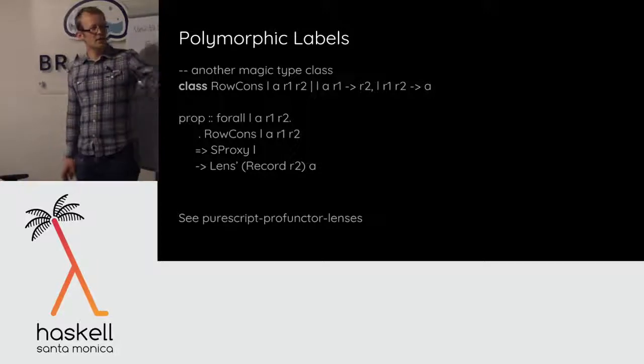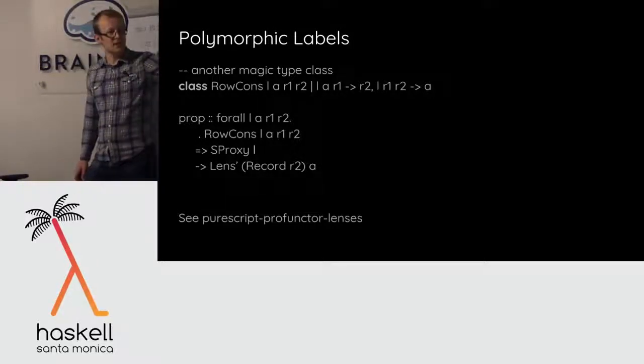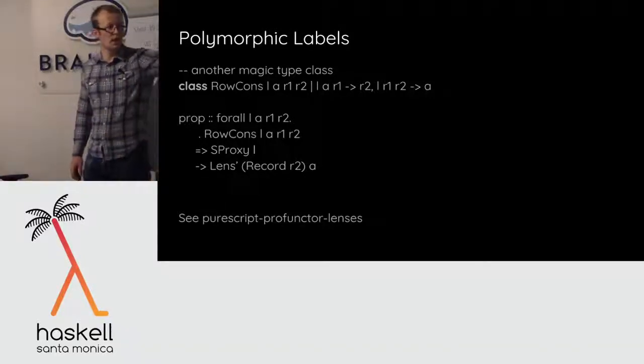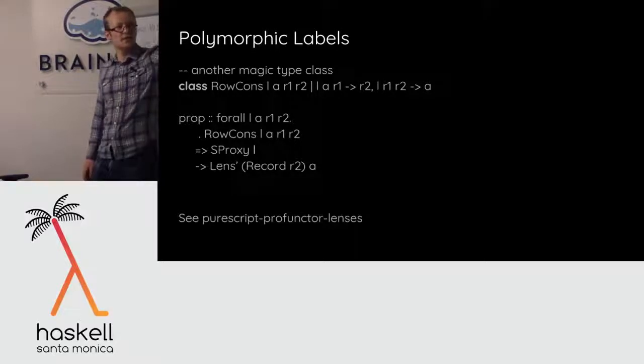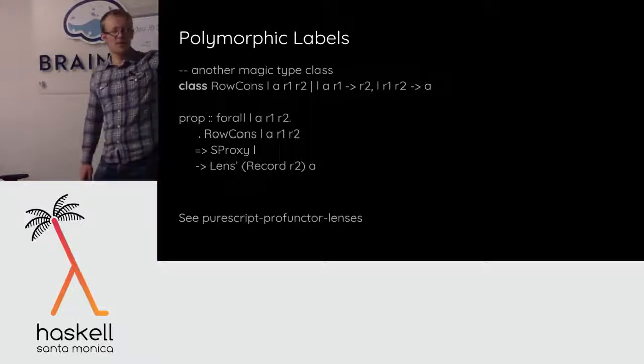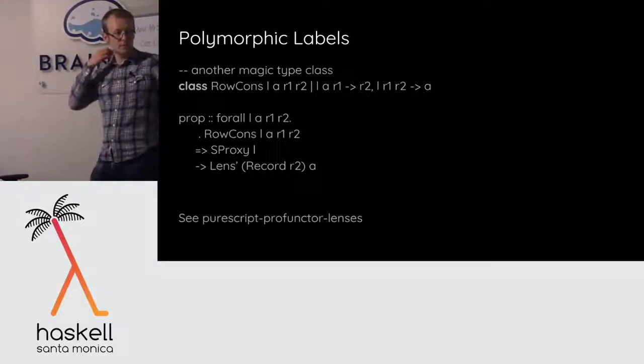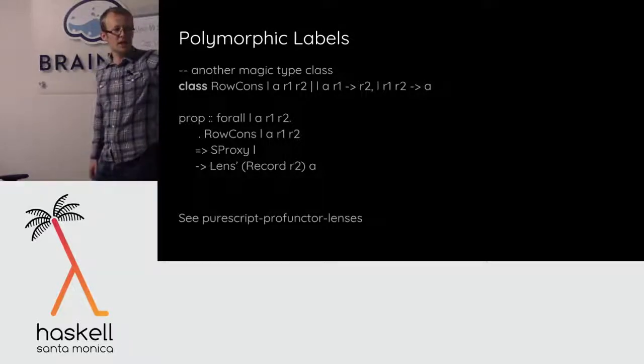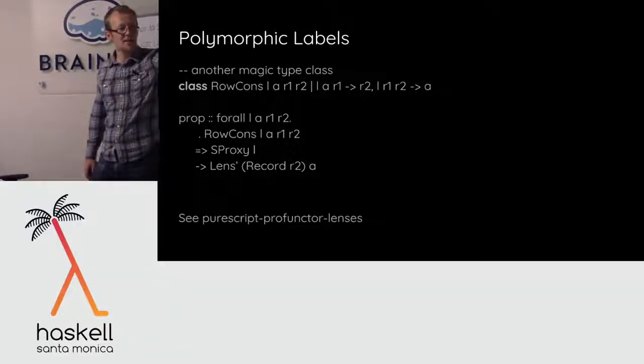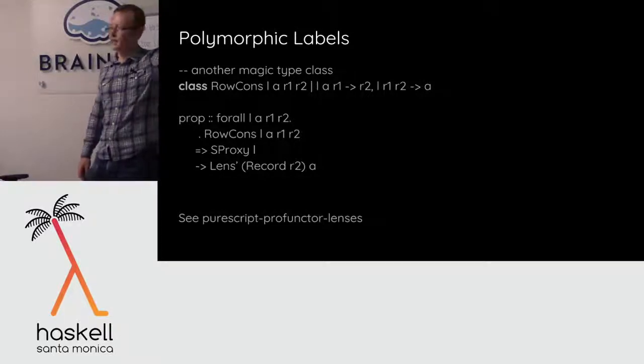So this is really powerful, right? This lets me write one lens for every record property. Any record property I could think of. You give me this symbol, this type level string that I'm going to turn into a label. And you have to pass me a symbol proxy for it, to let me know the type. But then I can give you a lens that lenses into a record that gives me the type that I wanted. And the thing that makes this type safe, right, is the fact that A has to be related to R2 by this row cons thing. It says that A appears at label L inside R2 because I consed it on.